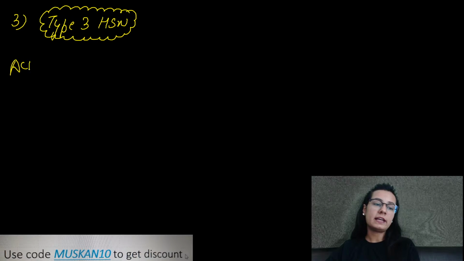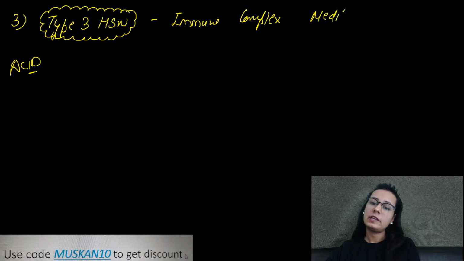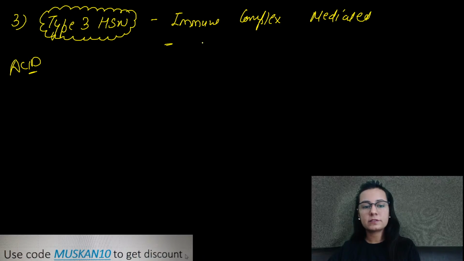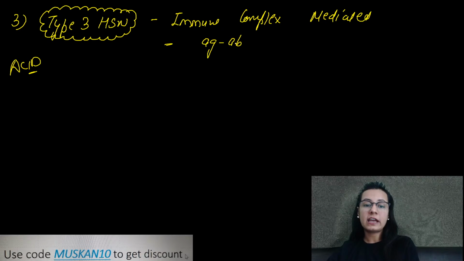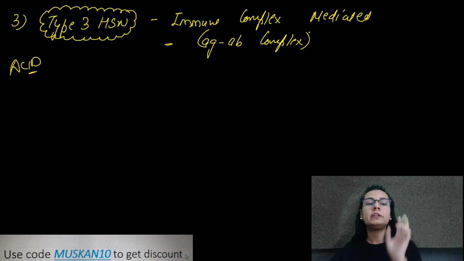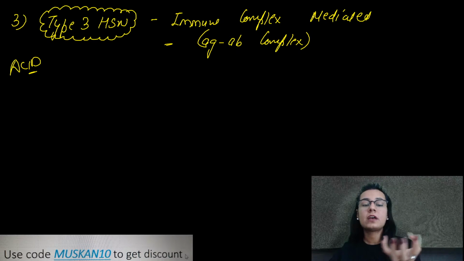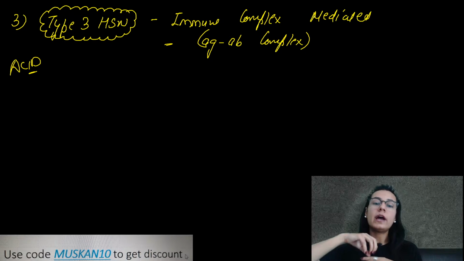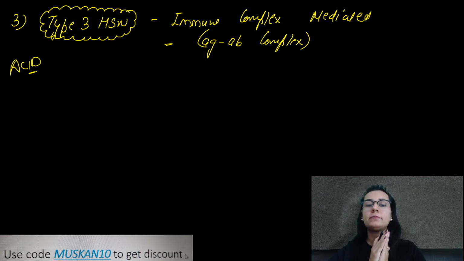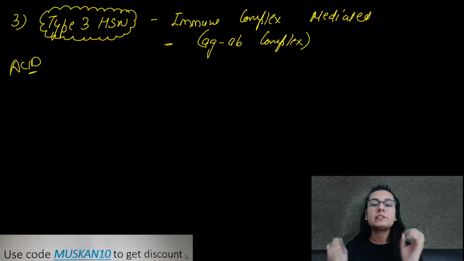We have already seen that it is immune complex mediated. What does immune complex mean? It means there is accumulation of antigen-antibody complexes that are freely present in the body and are not cleared by the body. In type 2, an extrinsic antigen came from outside and attached to our own cell, and then the antibody attacked it, so the antigen-antibody complex was not formed beforehand. The antigen attached to our own cell and attracted the antibody, and later the reactions occurred. But here the antigen-antibody complexes